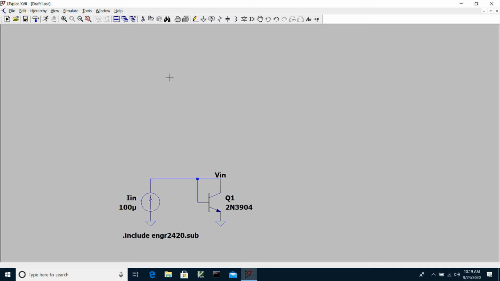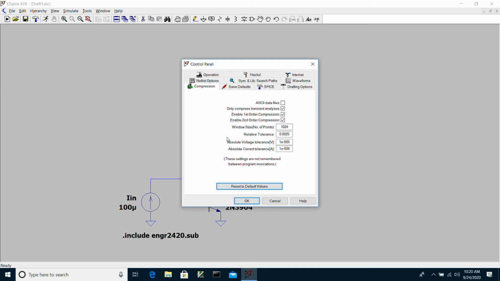Having the sum of the currents equal to 0 is too stringent a numerical condition, and so there is a little bit of slop allowed, and that slop is a parameter called ABSTOL, A-B-S-T-O-L, absolute tolerance. It has units of current, and it's something that you can find in the tools, the control panel. And if you look here on the tab that comes up, here is the absolute current tolerance. So that is ABSTOL, and you can see that it's set here to 1 times 10 to the minus 9,